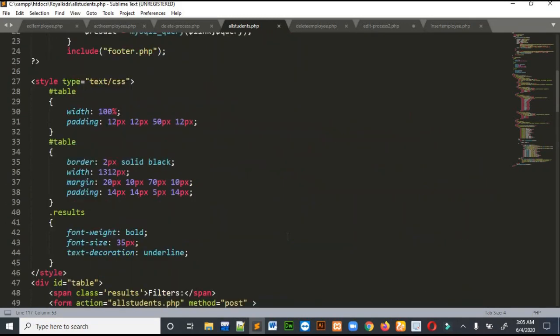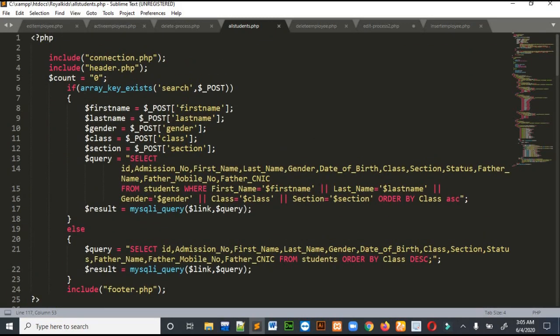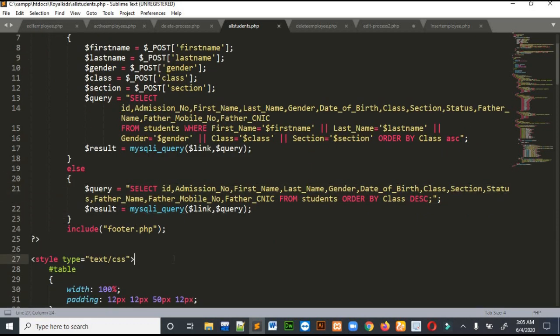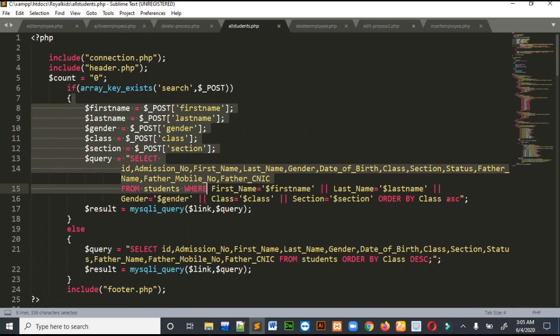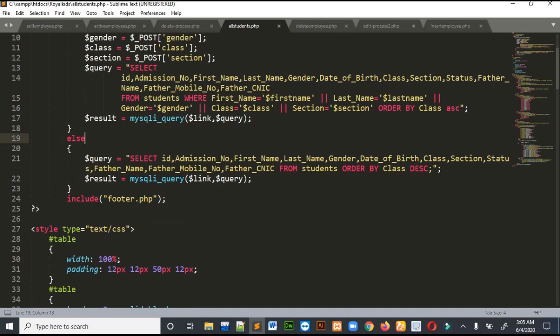What this page does is check if the array key exists, then it will run this query, else it will run this query. Suppose the user has searched for information, then this query will override this query. Whenever we load the page, only this query will run.